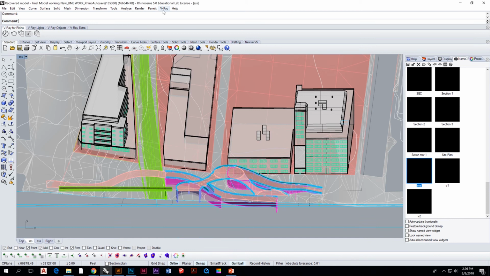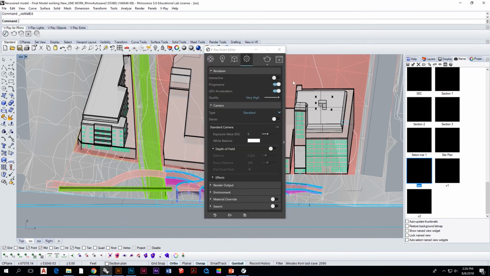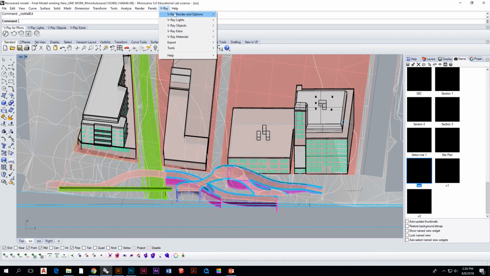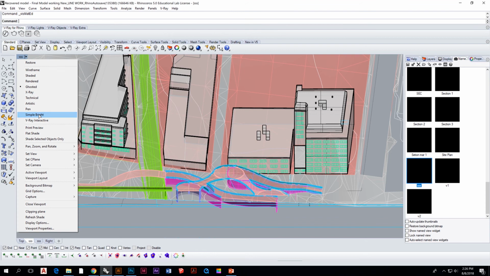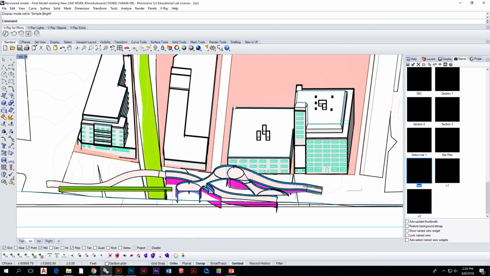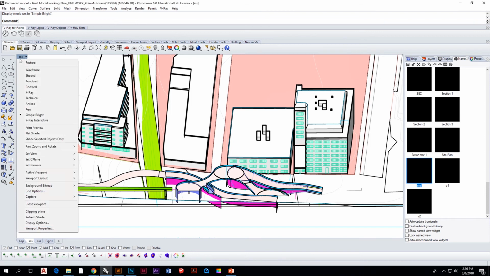What I'm using to render is V-Ray, but you can find videos about V-Ray. If you want another alternative to do that, there are presets that you can follow in Rhino, using Simple Bright, which gives you a rendered image, which you can then take a screenshot or print,